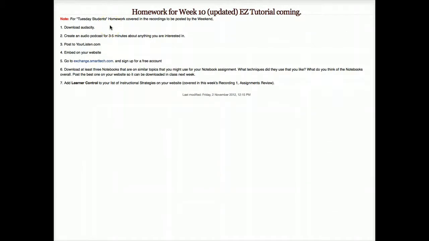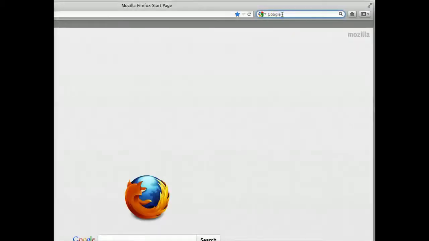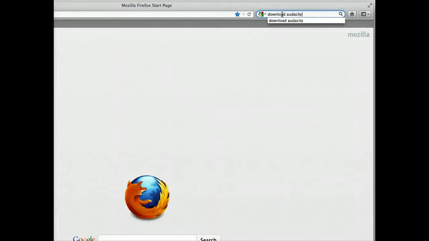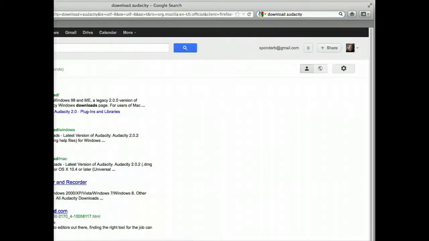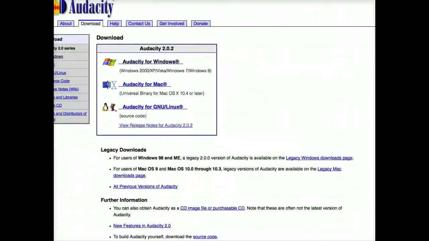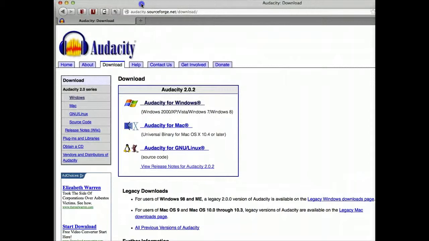I have several tutorials for you. So first thing to do is go to Google and just type in download Audacity. And it'll come up, just download it. It's easier than giving you the URL because you can always get back to it in case you forget the URL. So you go to a place called SourceForge, which is